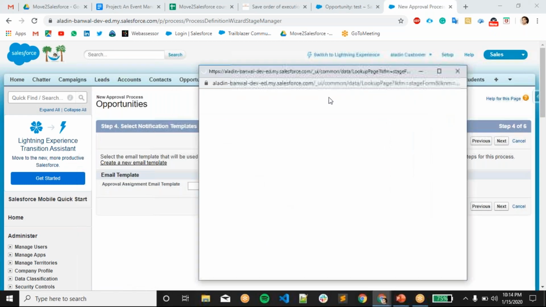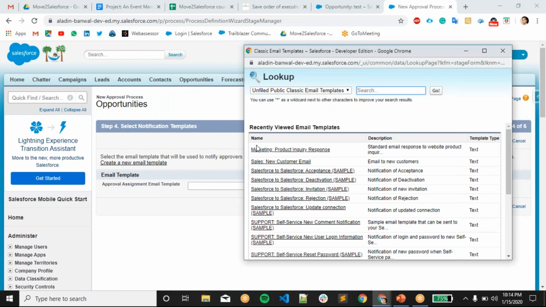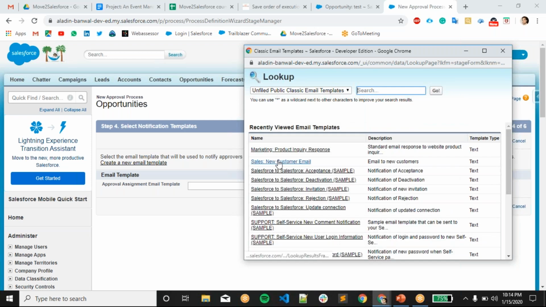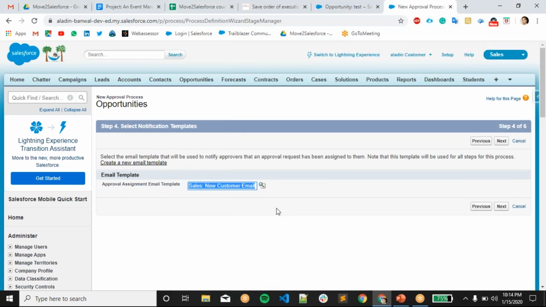Right now we have an email template topic, our next topic will be there. So for now we will select any, like sales new user email. For example, I have selected this. You can create your custom template and select it over here. I'll go and click next.